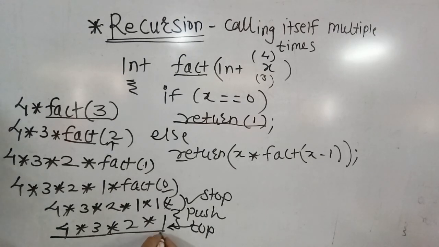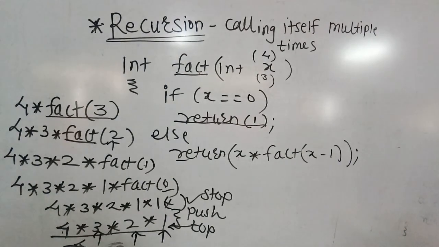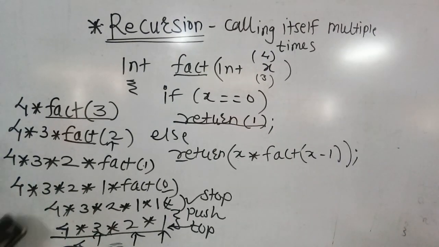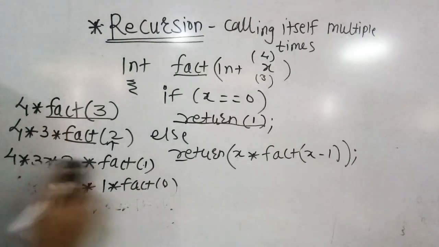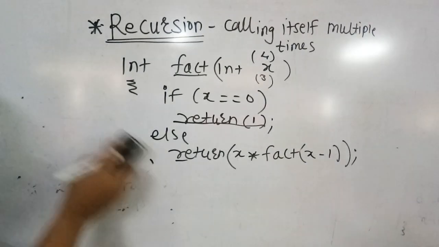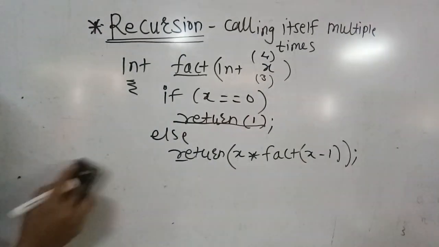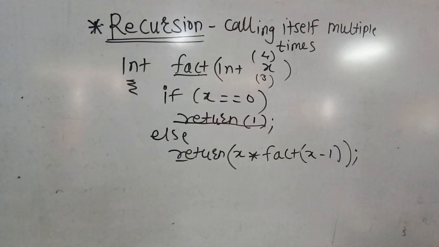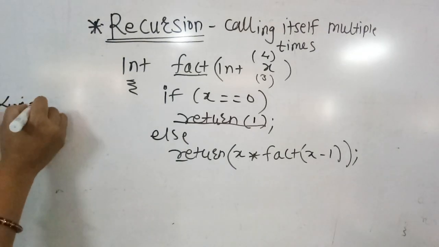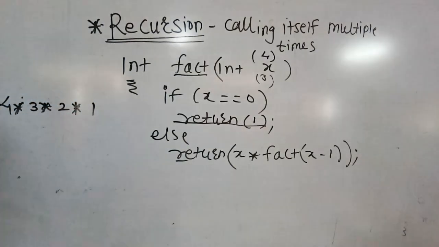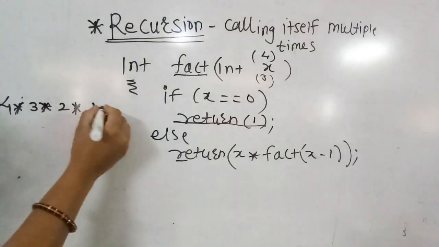Now in this case it will pop the top, again pop the top, meaning 2 into 1 is 2, again pop, 2 into 3 is 6, again pop the top, it is 4, 4 into 6 is 24. So here is the answer, 24. I will write it down again for clear understanding. The procedure we have calculated up till now is only the push procedure. Now 4 into 3 into 2 into 1 is the actual result after pushing. Now it was the 1.